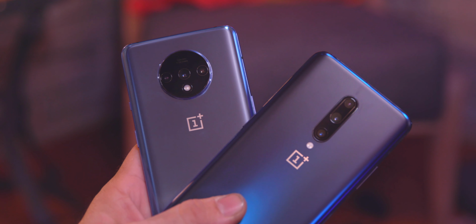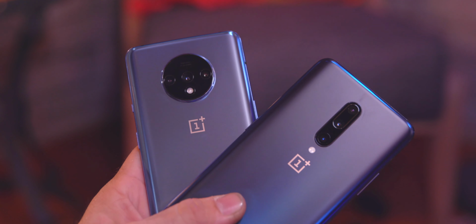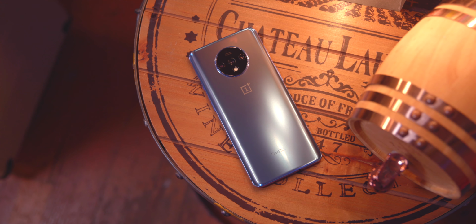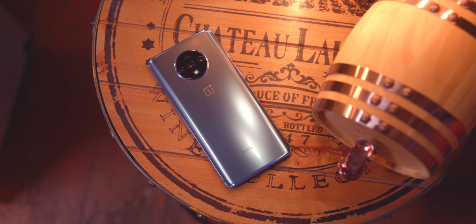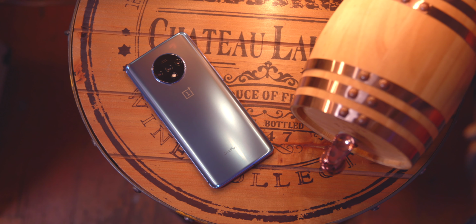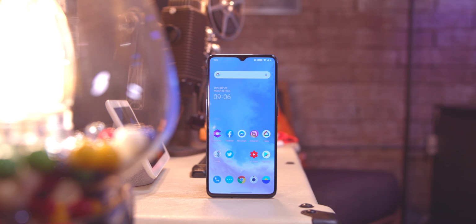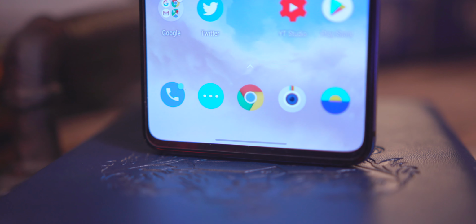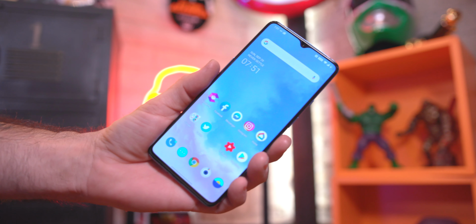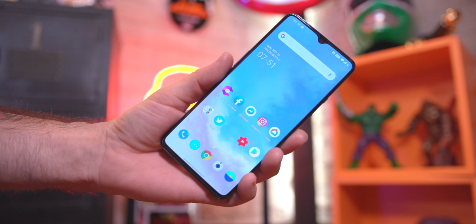So with the OnePlus 7T, there are a lot of similarities to the 7 Pro. Now this is considered kind of the little brother of the 7 Pro, or the successor to the 6T, if you want to call it that, but there are a few things that we're going to go over here. So around the front side, we have a 6.55-inch fluid AMOLED display that's got a 90 hertz refresh rate, which just looks awesome. Anytime you're getting above 60, I give it the huge thumbs up. But on top of that, we have a resolution of 2400 by 1080,